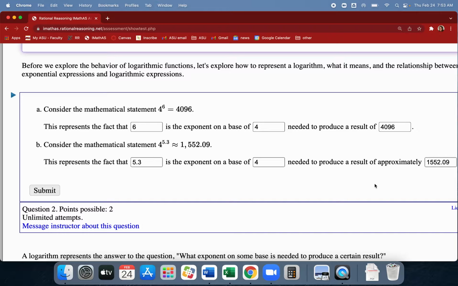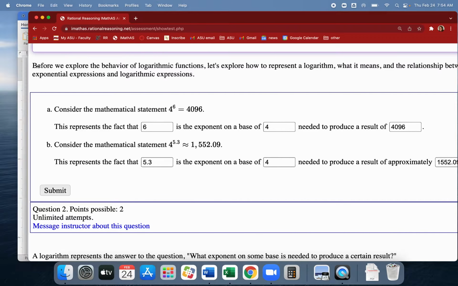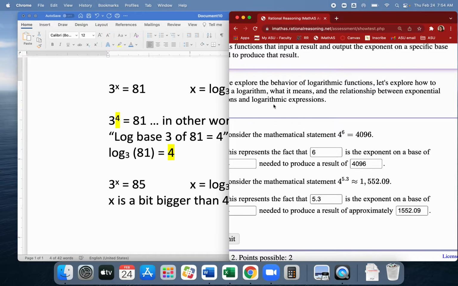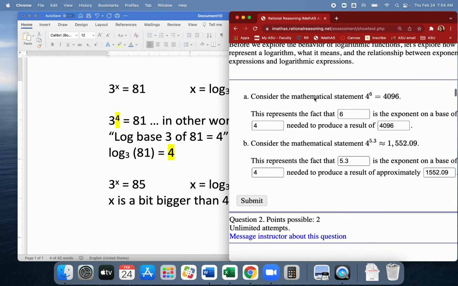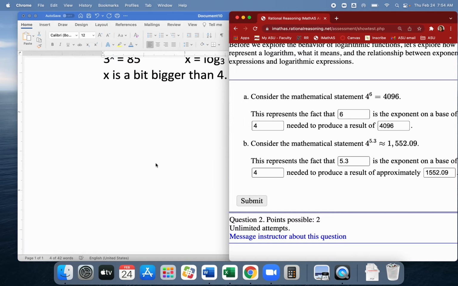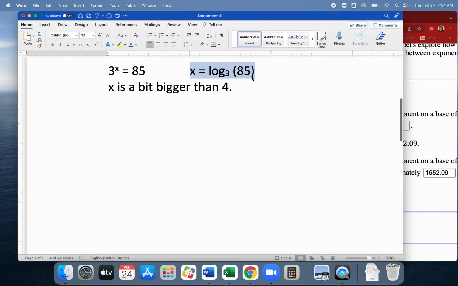All right, so in any case, thinking about this first expression, not something that it asks in this lesson here, but it says 4 to the 6th power equals 4096. If I wanted to write that same relationship between 3 numbers using logarithmic notation,